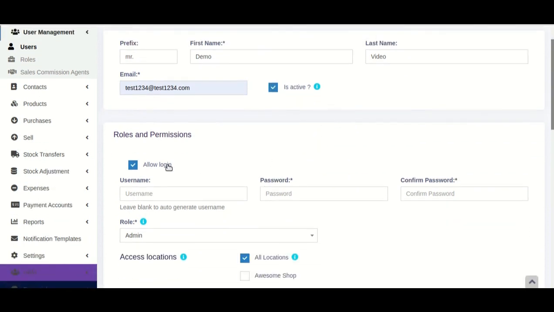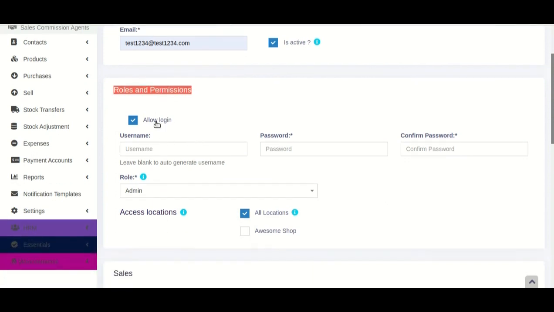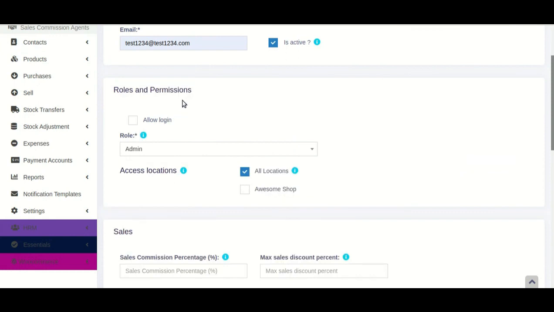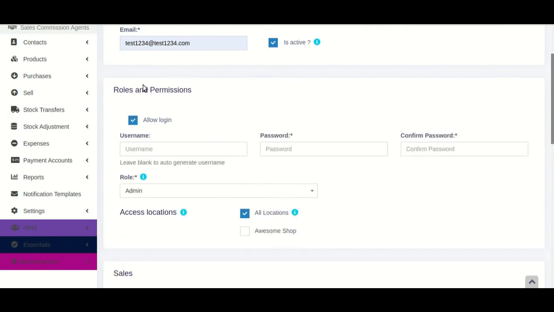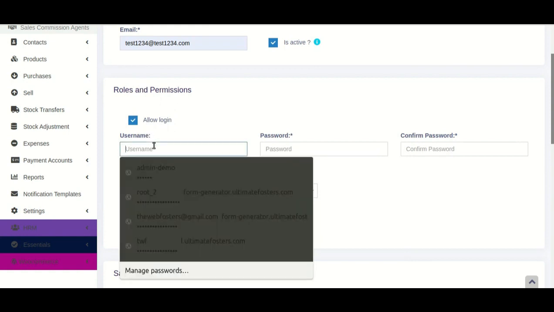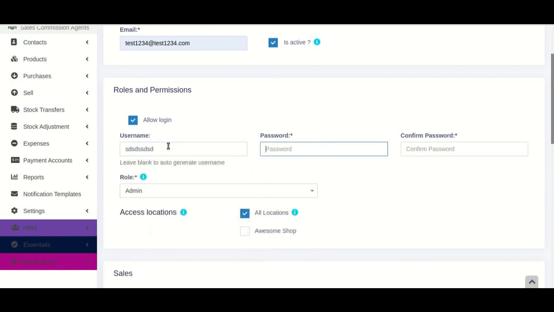And in roles and permissions, you can allow or disallow login for this particular user. If we don't want this user to log in to the system, we can uncheck this option. If you want this user to log in to the system, we can check this option, and we can add a username over here. We can provide some password here,